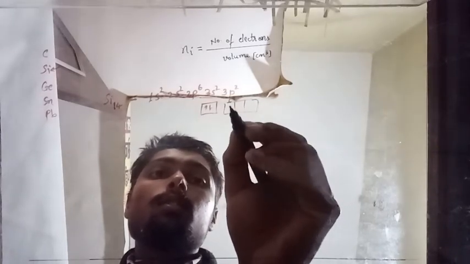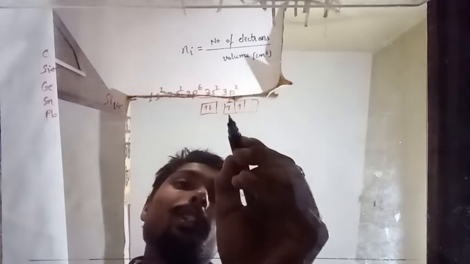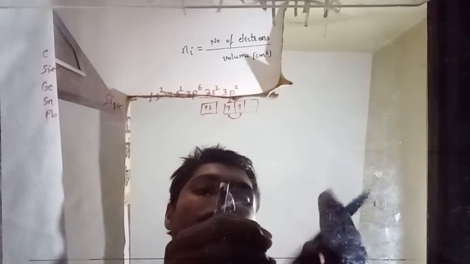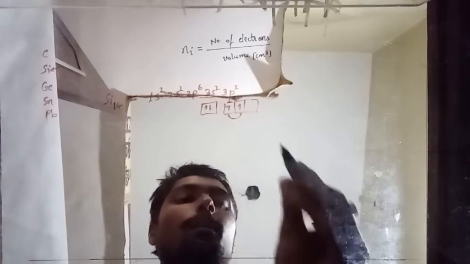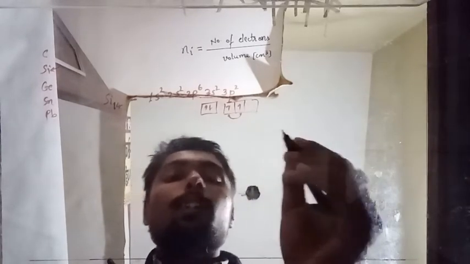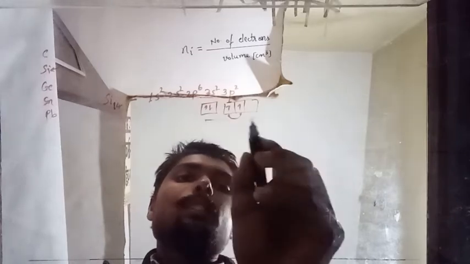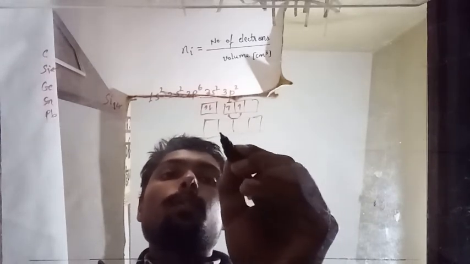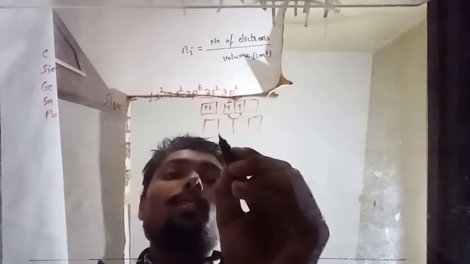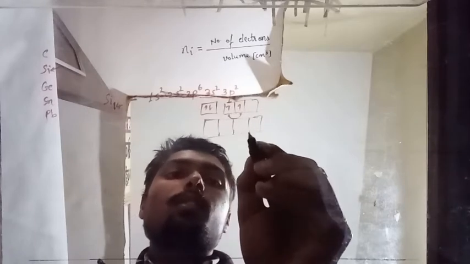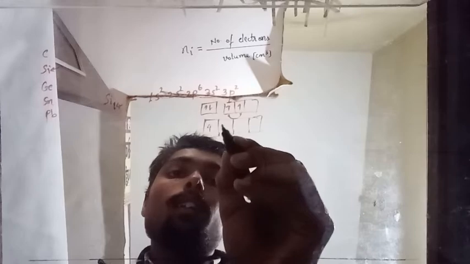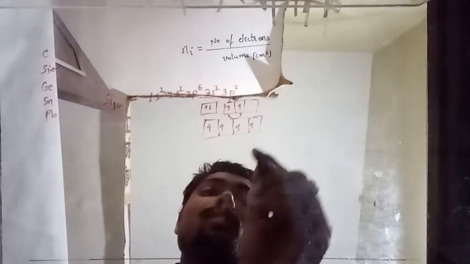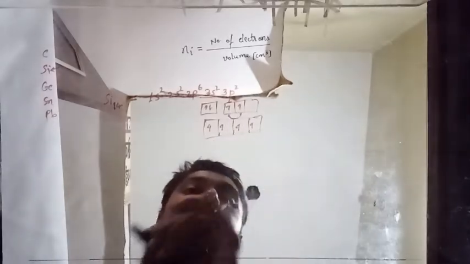there are only 2 electrons, but we all know that carbon's valency is 4. So how is it done? You would have heard about sp3 hybridization. There is a hybridization occurring and it will make 4 sp3 hybridized vacancies or cells, and in each cell there will be one single electron, spinning in either clockwise or anti-clockwise direction.